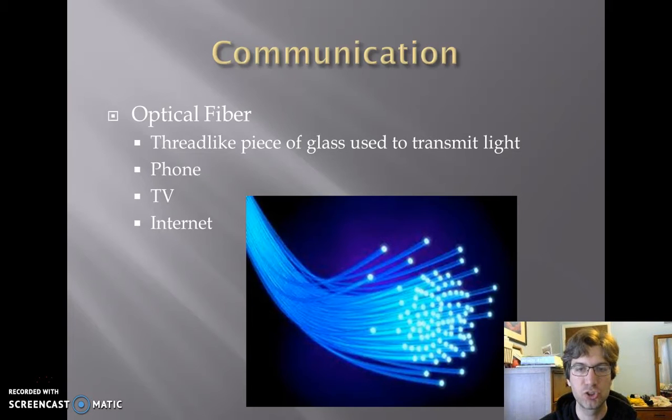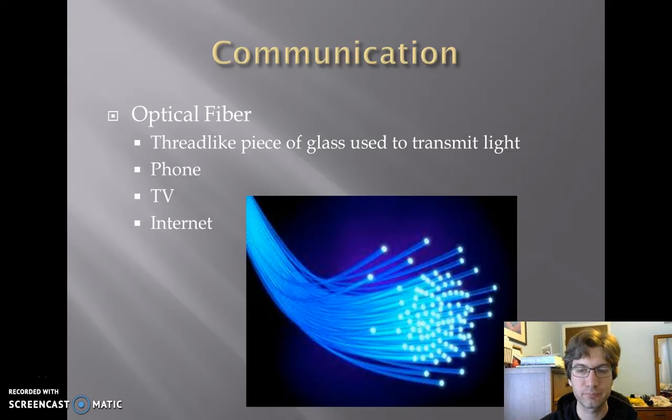And what we do is we can shoot light through it, and light bounces off and reflects on all the different sides and comes out on the other side. I can send as much light through this as I want, as long as I send it through at different angles, so the light waves don't actually merge into each other on the same frequency. So you can send a lot of different colors through them and a lot of different messages all at the same time. This is how your phone, TV, and internet get transmitted from your internet service provider, whether it's underground